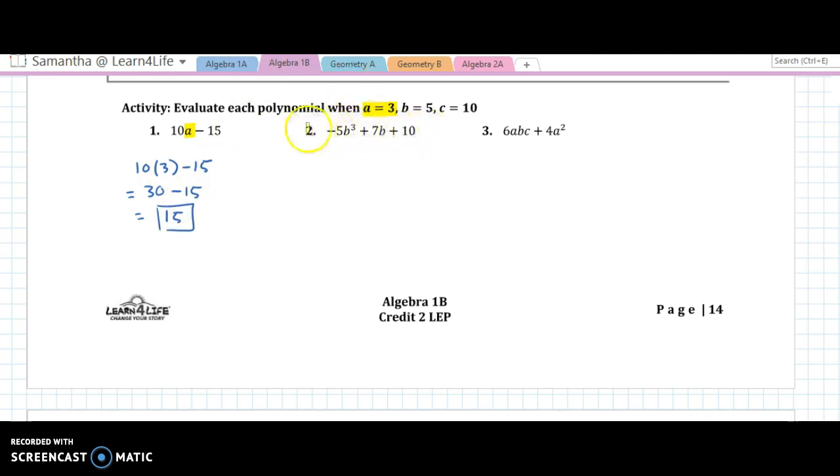So do we have an A in here? No, we don't. We have B. So B is 5. There's a B here and a B here. So I'm just going to plug in 5 for B. Negative 5 times 5 to the 3rd plus 7 times 5 plus 10. See, everywhere I saw a B, I just plugged in 5. And make sure you use parentheses whenever you're plugging things in. So this is negative 5 times 5 to the 3rd. 5 times 5 is 25. 25 times 5 is 125. 7 times 5 is 35 plus 10